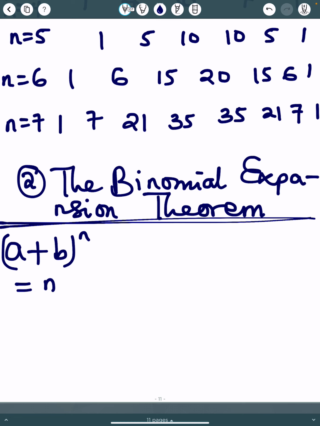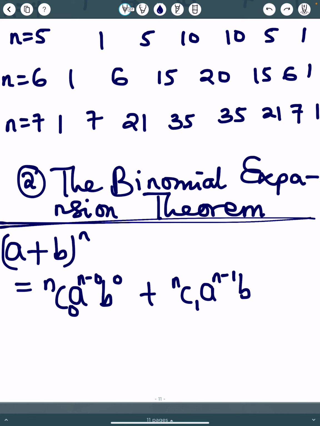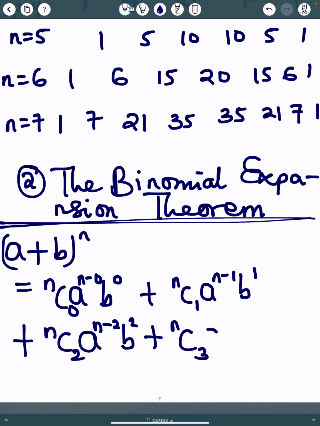It says the first term is n combination 0, a raised to power n minus 0, b raised to power 0. The theorem says the second term should be n combination 1, a raised to power n minus 1, b raised to power 1. All of this should be on the same line, but I'm looking at my space. The third term should be n combination 2, a raised to power n minus 2, b raised to power 2. The fourth term should be n combination 3, a raised to power n minus 3, b raised to power 3,